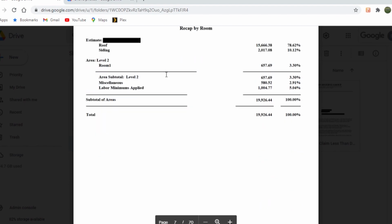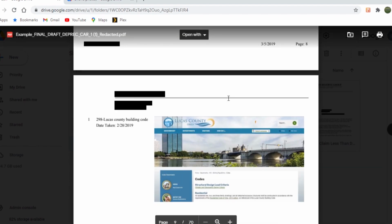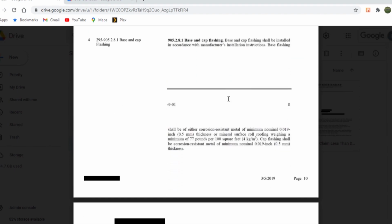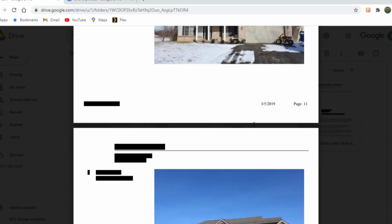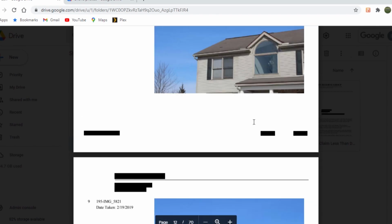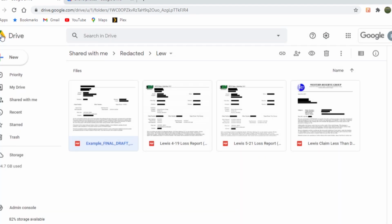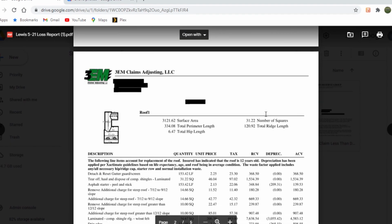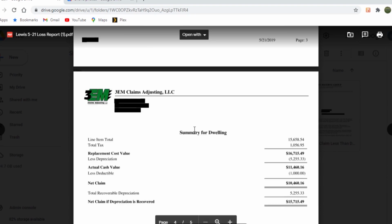And let's see here. Here you go right here. So here's referencing the building codes. Here's all the codes that will apply to different items that we requested. Here's pictures of the property. And all that stuff is in the job here. And sent that over to the insurance company, which triggered the revised version, which now addresses a full roof replacement and an amount of